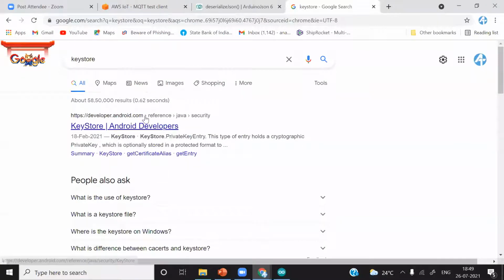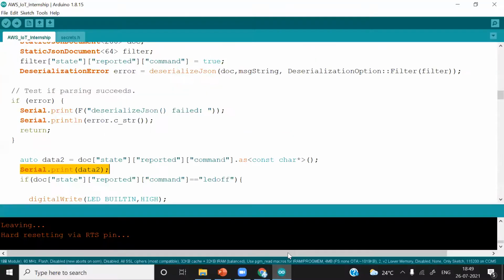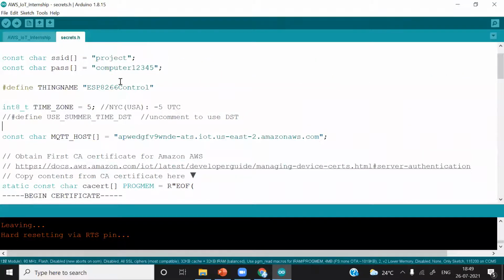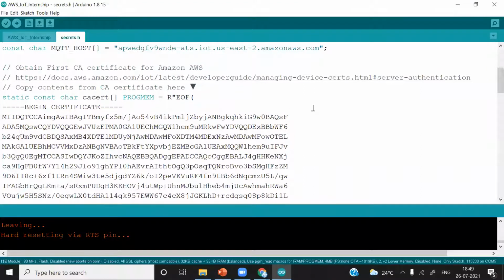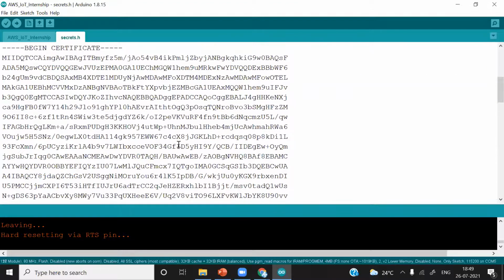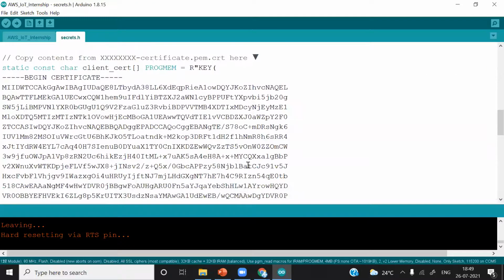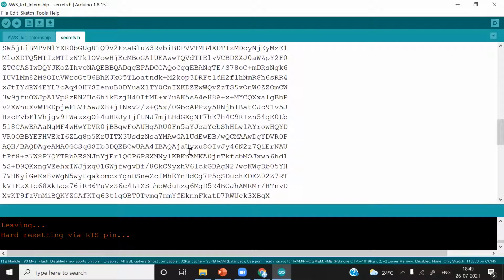You can see in case of Arduino IDE for ESP8266, we have added the credentials by copying the content of the certificates and pasting it here.